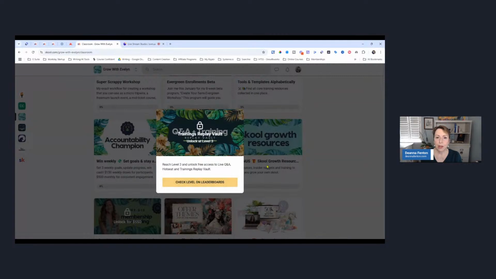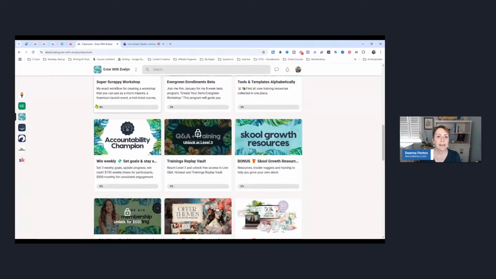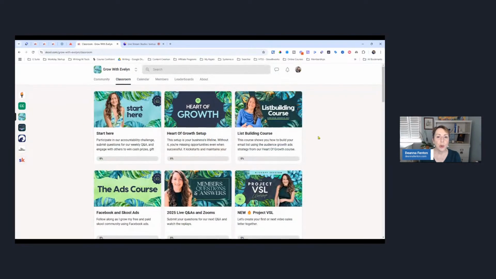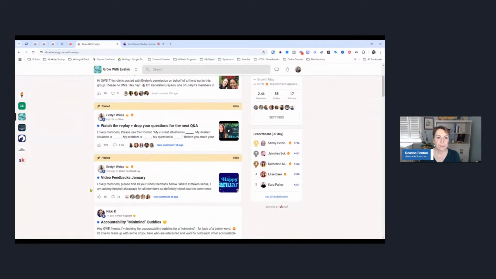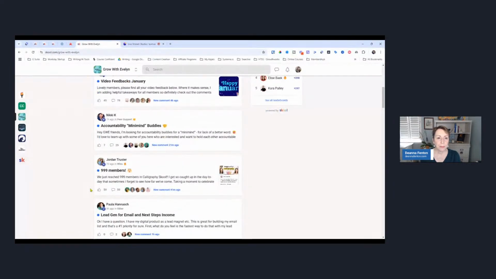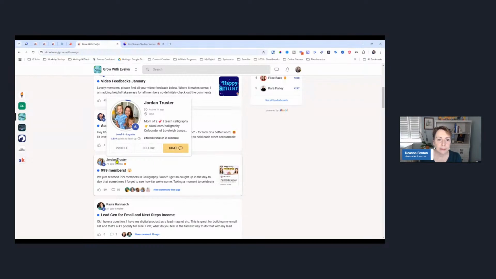and you can have trainings locked until people reach a certain level. So now you're going to ask, how do you increase your level? You have to create content that other members in the community like and comment on. So this is a way that you are not the only person creating content in the membership. All these people are posting. Let me see if I can hover over it here and see.